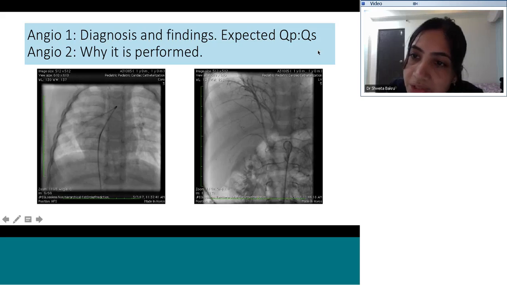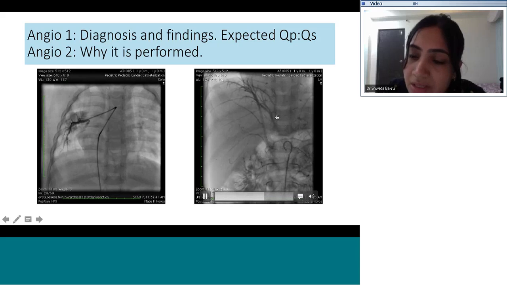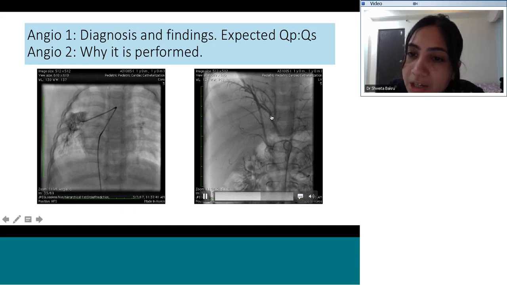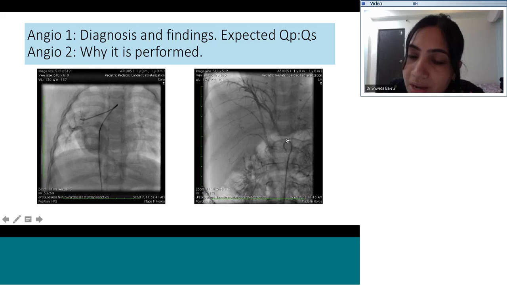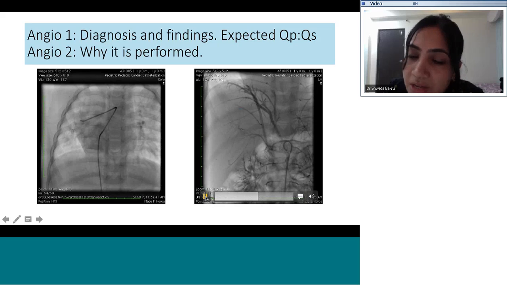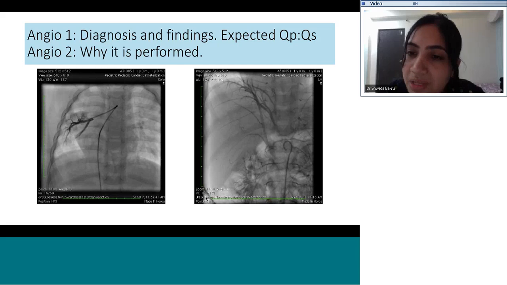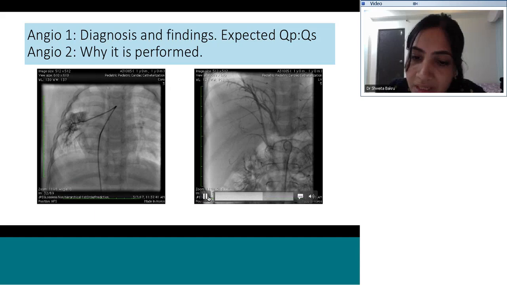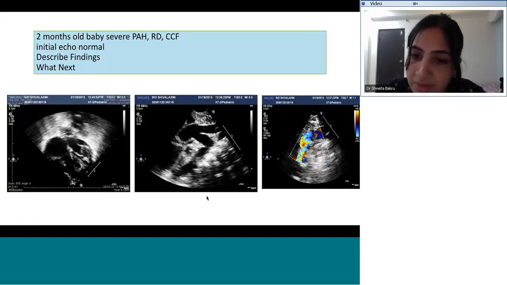An aortogram is usually needed in this patient to rule out bronchopulmonary collaterals. There is an association of sequestration of the lung, a part of a lobe of the lung, with Scimitar syndrome. So that's why the aortogram was done, to see if there are any collaterals supplying that part of the lung. Usually it supplies the right lower lung, but it can supply anywhere, and it comes from the thoracic part of the aorta.